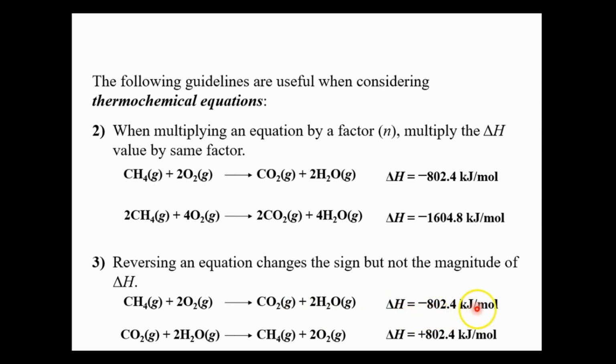To get this to go away from this side of the equation, almost like you put a plus sign here, we would have to add 802.4 kilojoules to this side. Then it shows up over here, due to the positive sign. But if we think about heat being a reactant or a product and which side we write it on, I always like to do that, and then that helps